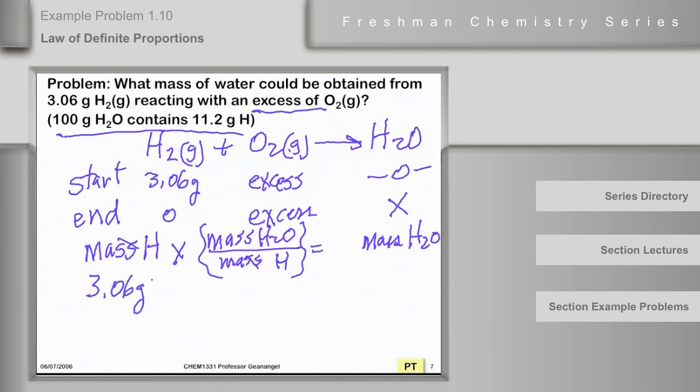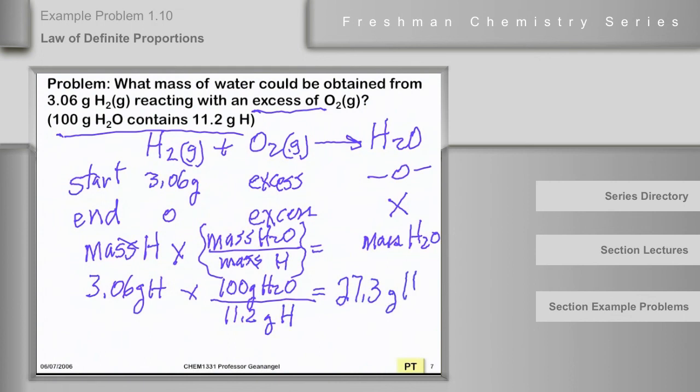All right, here we go. 3.06 grams of hydrogen times, now the ratio is 100 grams of water over 11.2 grams of hydrogen. And when we do that arithmetic, the result is 27.3 grams of water is how much we could make from 3.06 grams of H2. Now, we don't know anything about moles. We haven't